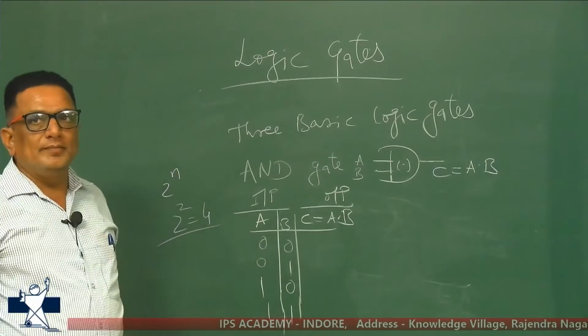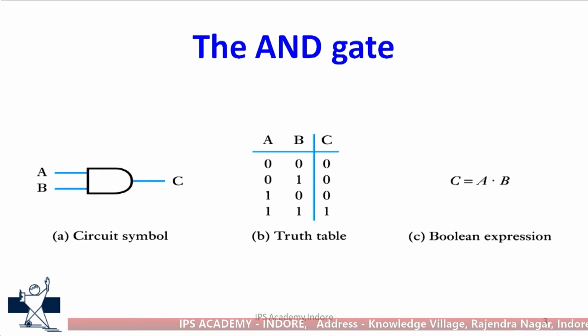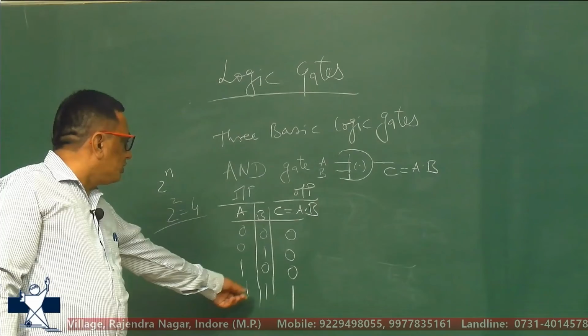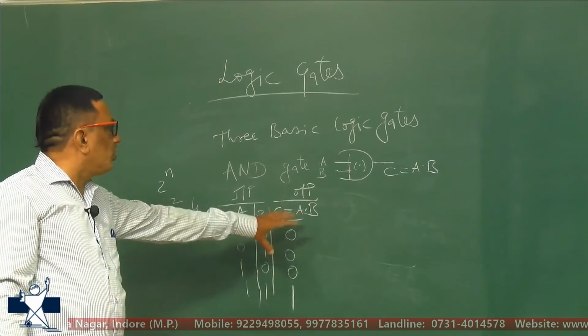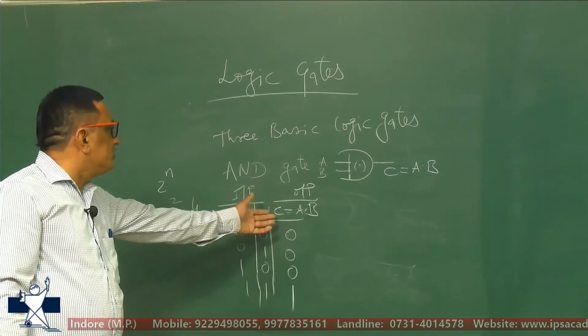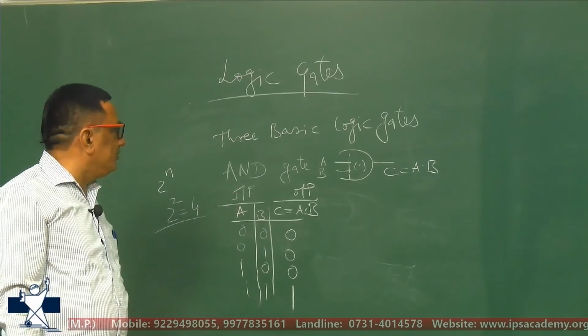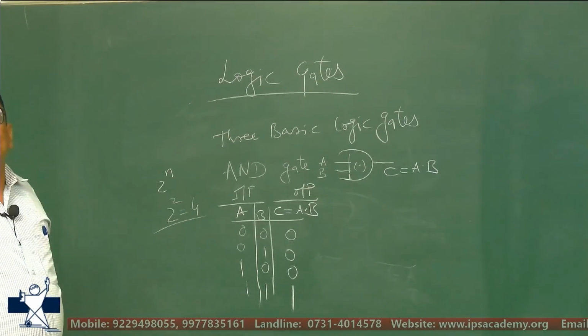Based on the truth table, you will see the output: 0 dot 0 is 0, 0 dot 1 is again 0, 1 dot 0 is 0, and 1 dot 1 is 1. You will get the same in the truth table: 1 dot 1 is 1. It means when you apply high voltage at both inputs, you will get high voltage. Only when both inputs are high will you get high voltage, and the expression is C is equal to A dot B. Apart from C, you can write Y or X, whatever it may be. Clear? So this is the truth table of the AND gate. Similarly,